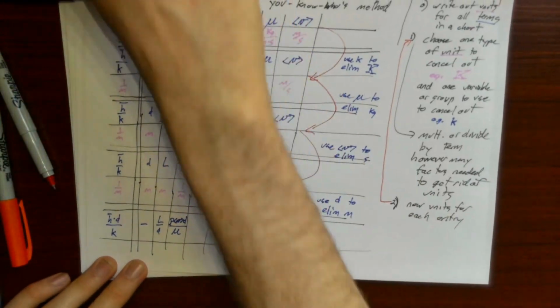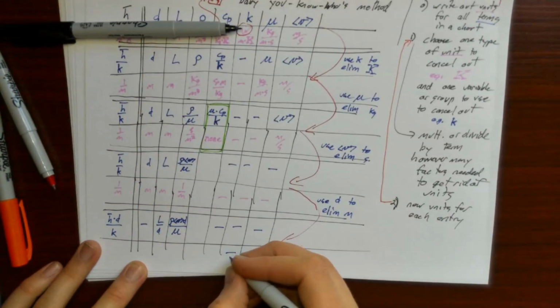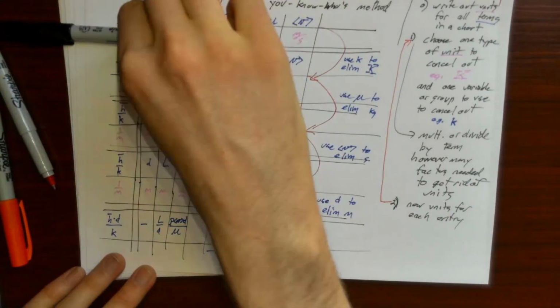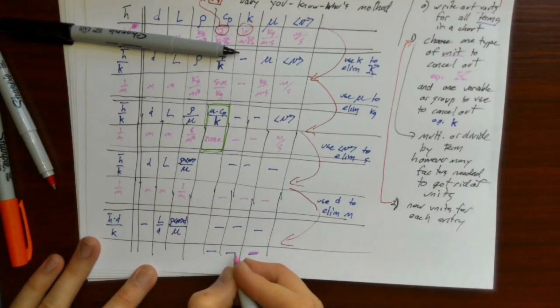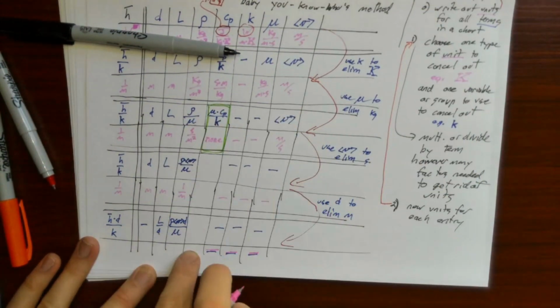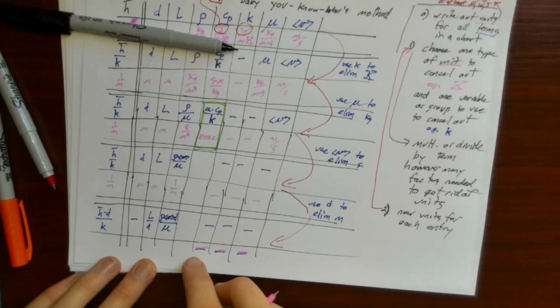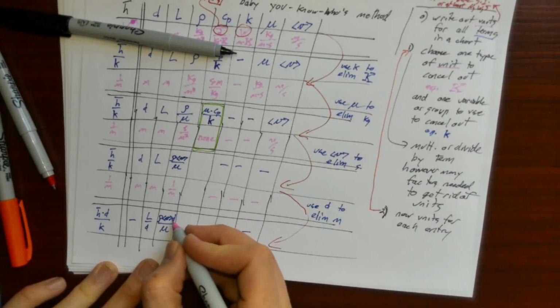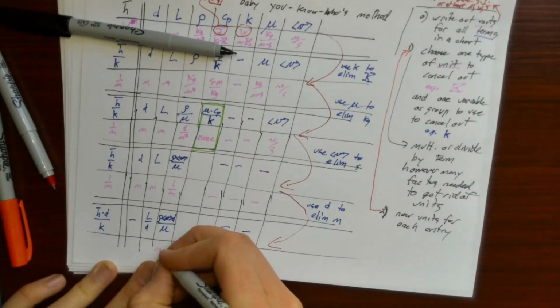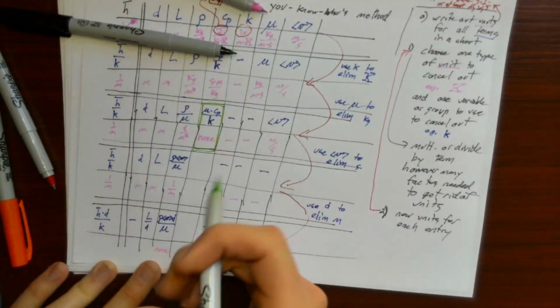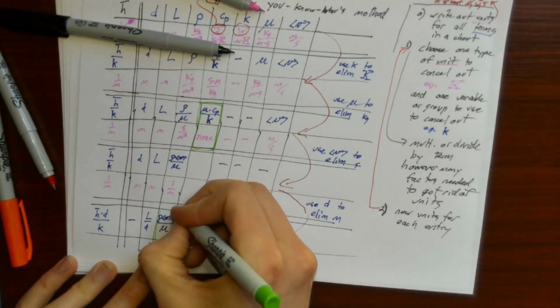And then, what are the units here? Well, I eliminated this column, eliminated this one, eliminated this one. Oops, sorry, I should be using pink here. Eliminated this, eliminated this, eliminated this. I already found a non-dimensional group here. Rho vd over mu, this has no units. So I've found a non-dimensional group right here.